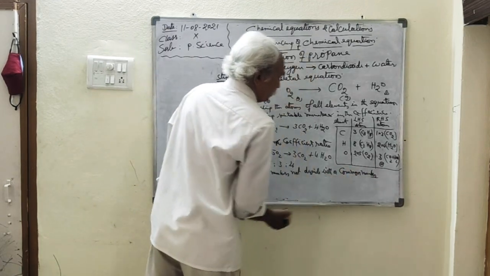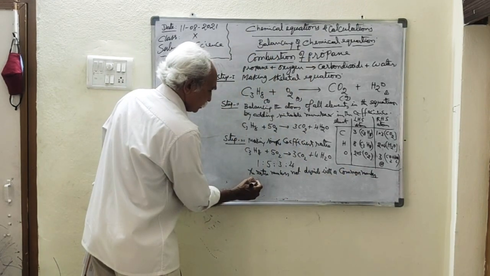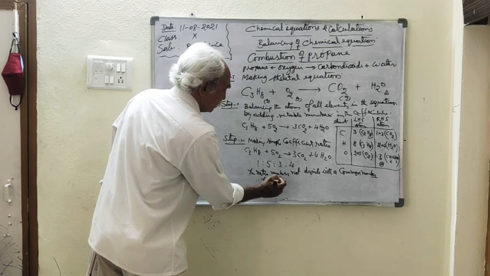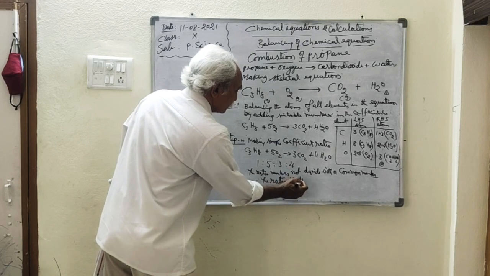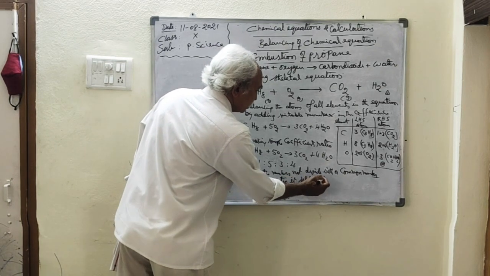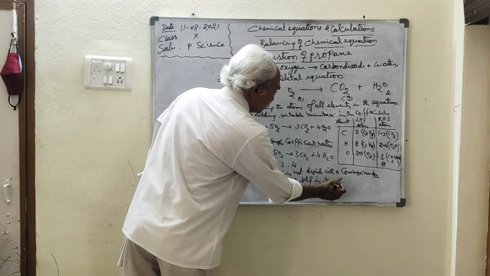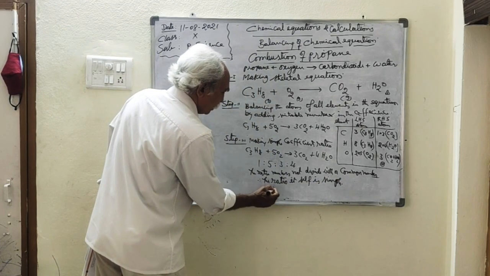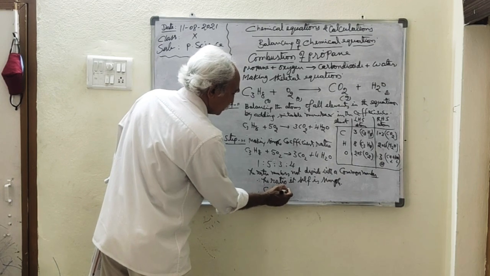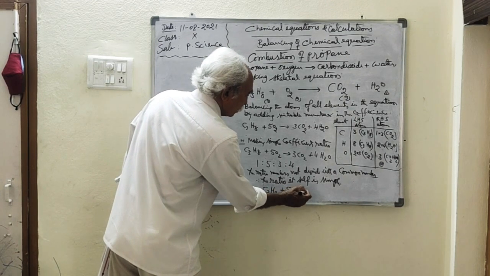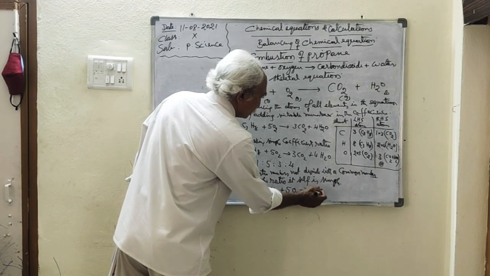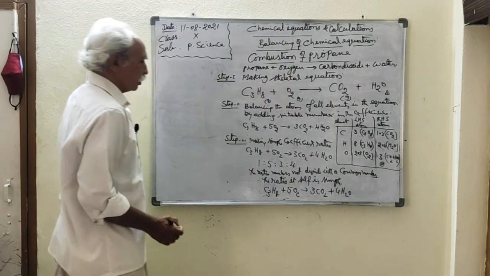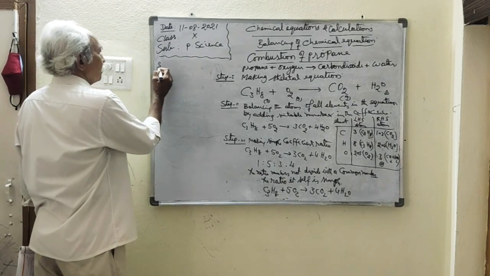Therefore, the ratio itself is simple. So hence we can write the answer is C3H8 plus 5O2 gives rise to 3CO2 plus 4H2O. This is the third step. Next, the last step, step number 4,